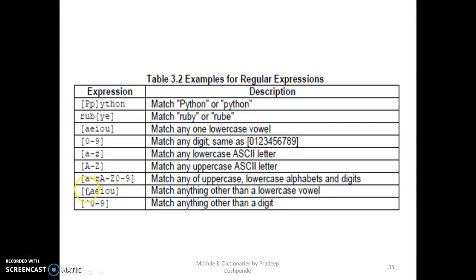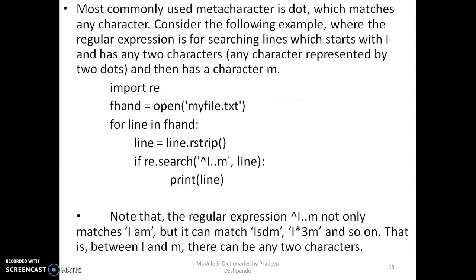And this caret symbol, as we have seen, means starts with, but inside square brackets it matches anything other than a lowercase vowel. Similarly, caret 0 to 9 matches anything other than a digit. Okay, we will see some examples later in the classes.